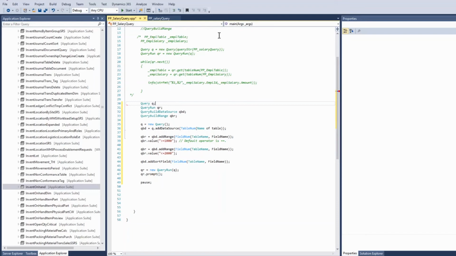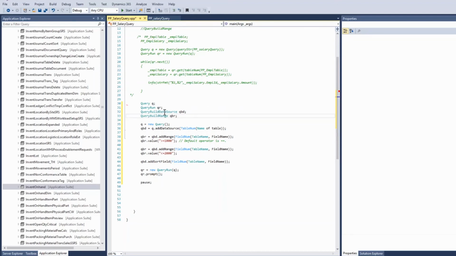Like I explained, in our example also we have to use the query object model classes. So here also I used the Query class, QueryRun class, and QueryBuildDataSource. Here in this example I have used QueryBuildDataSource and QueryBuildRange, because in static queries we have already assigned the data source and range via the graphical interface. In static queries we have provision of a graphical interface. We create static queries via the AOT, so there we directly drag and drop our data source, we can add range, we can apply group by, order by. Here we have to do it in code.